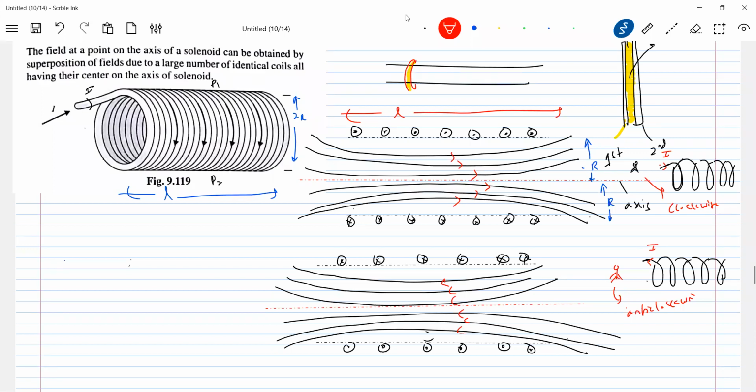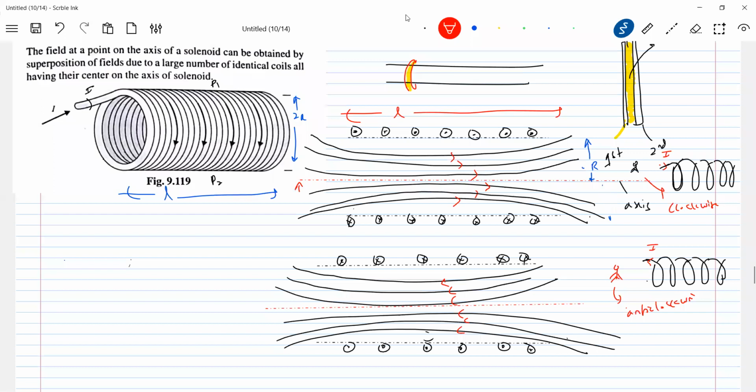So the direction of B bar depends on the current being clockwise or anti-clockwise in the helix. They don't give a detailed diagram. You are supposed to make assumptions, just from what they explain, assume that this is what happens, and proceed with the problem. And now we have to find the field on the axis of a solenoid. How much will be the field on the axis of a solenoid? This is our condition.